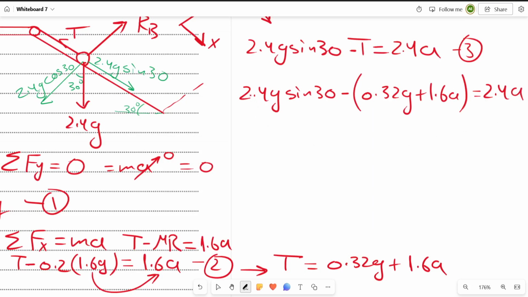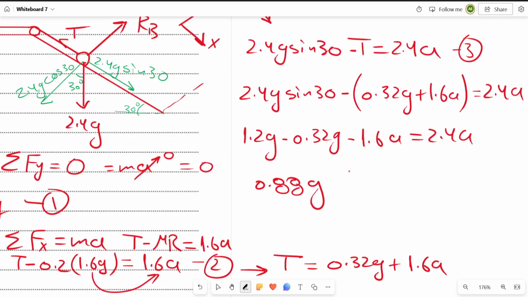So now 2.4 G sine 30, I know 2.4 times sine 30 is 1.2 G, and then I'm going to have a minus 0.32 G. I'm going to distribute this minus inside, and then I'm going to have minus 1.6 A equals 2.4 A. 1.2 minus 0.32, that is 0.88 G. I'm going to move this to the other side, it's going to become plus. So 2.4 plus 1.6 is going to equal